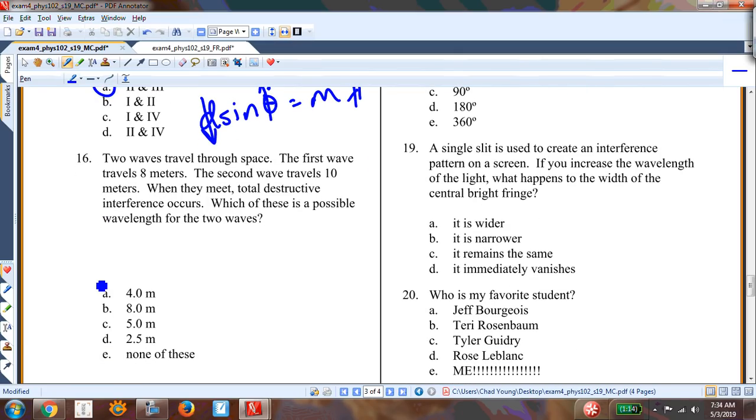Two waves travel through space. The first wave travels 8 meters. The second wave travels 10 meters. When they meet, total destructive interference occurs. So they have a path length difference equal to 2 meters. And I know that that path length difference has to be some,